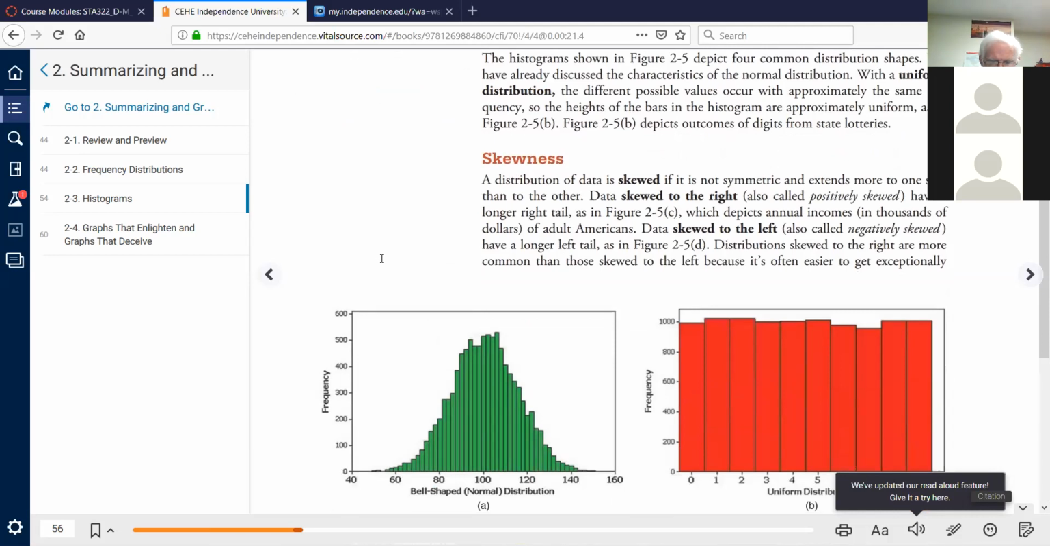Okay. If we look at annual incomes of data here,